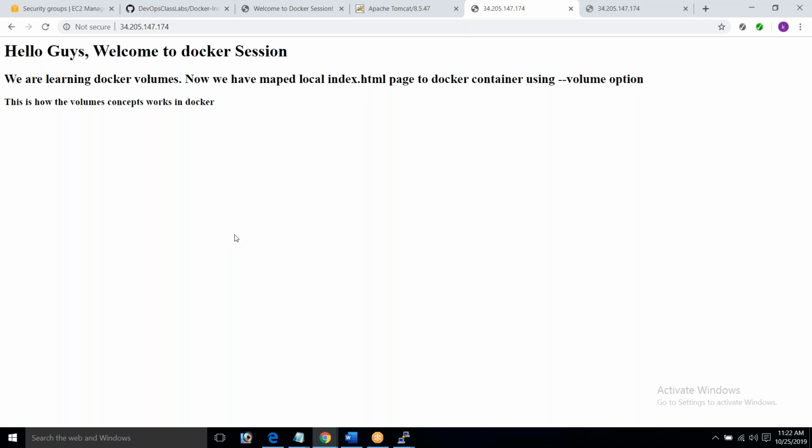You have a database running. Now databases are also running in your containers. Now database data is very important, right? If you terminate your database container, the data is gone. But when you use volumes, even if you terminate your container, the data is still there in the volumes, which you can use for data purposes. Got it?